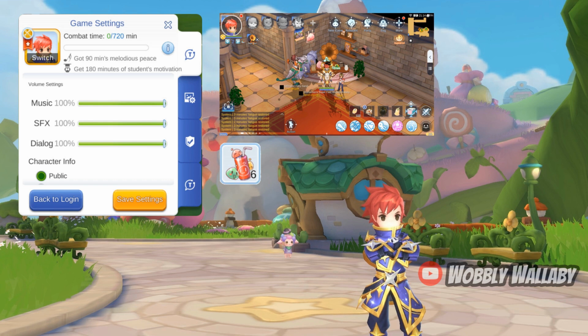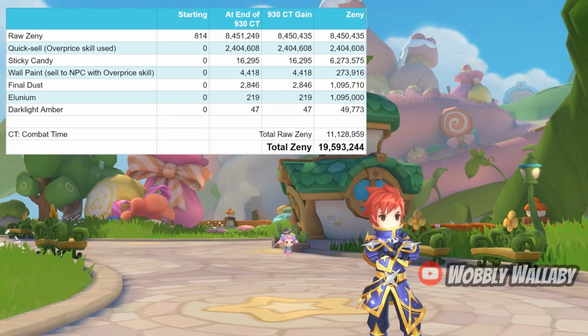minutes of combat time, and then eat 6 mentor potions to get an extra 180 minutes of combat time. This gives me 720 minutes of green combat time. I can keep running this until I hit 870 minutes in total, which puts me in red stamina. You can keep going after, but the drop rate will be much lower at that point. In my old video, I farmed to 930 combat time, and I've